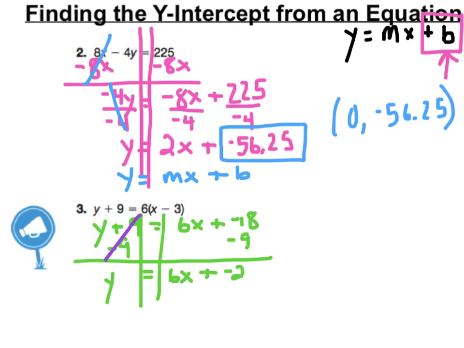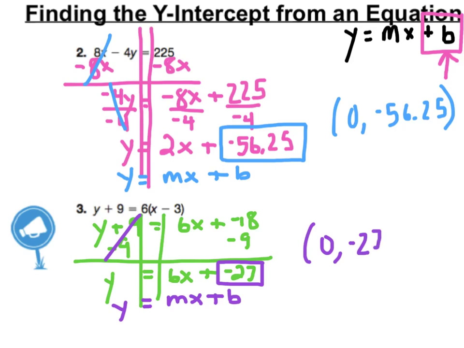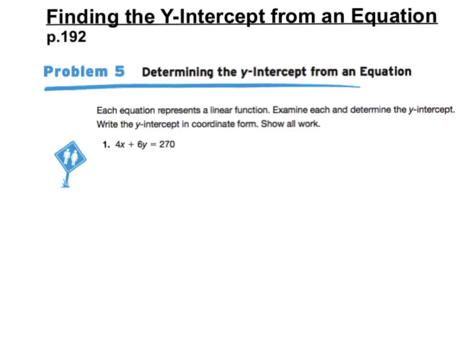Okay, we're now in y equals mx plus b form, slope-intercept form, and we can identify b very quickly and write it as an ordered pair in coordinate form, 0, negative 27. Done. At this time, we would like you to complete problem number 1 from page 192,